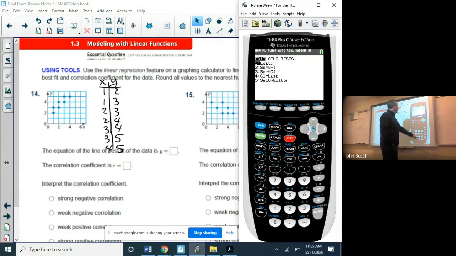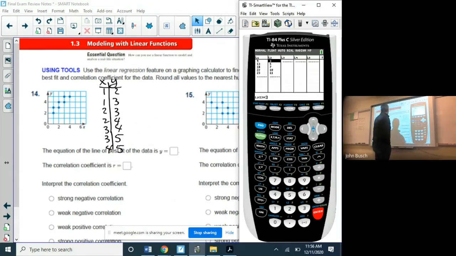Under Stat, Edit, we're entering these values: 1, 1, 2, 2, 3, 3, 4. For the y values, it's 2, 3, 3, 4, 4, 5, 5, 5. That's fine. Okay, so now we'll go to Stat,